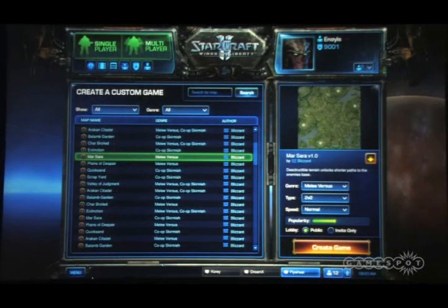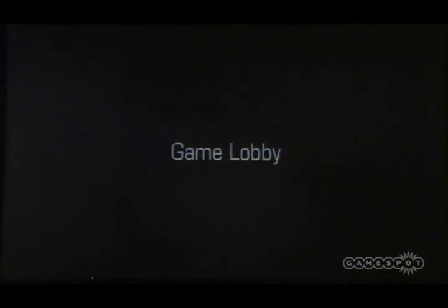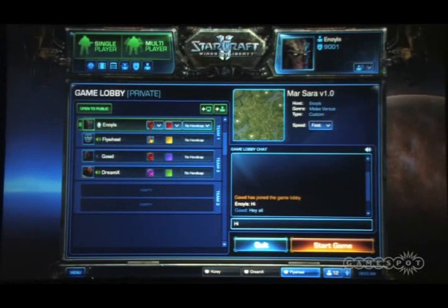And then this is an example of how you create a custom game, very similar again, very straightforward, very easy to do. One of the things that we added, which is kind of cool, is that you can now create a custom game, and then when you go into the game lobby, you can have the game lobby be private, and then invite all your friends, get the teams configured how you want, and then if you notice, right above my name, there's that button that says open